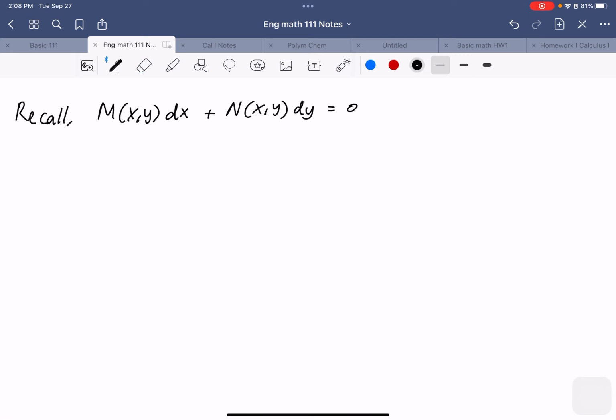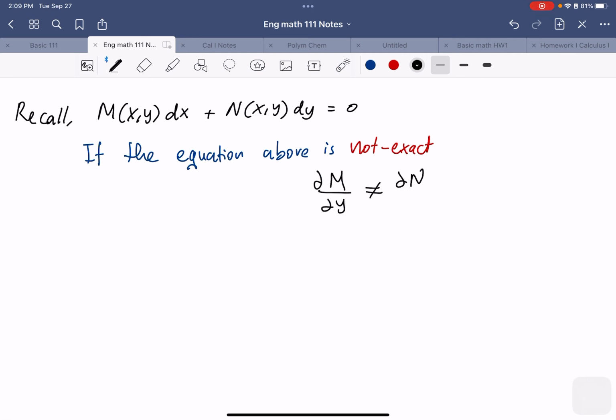Now let me write, if the equation above is not exact, which means that the ∂M/∂y is not the same as ∂N/∂x. Then